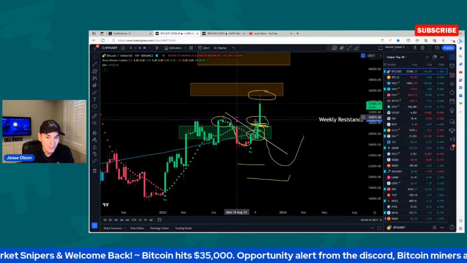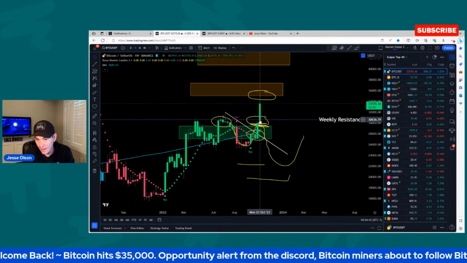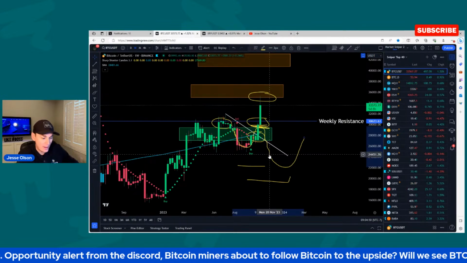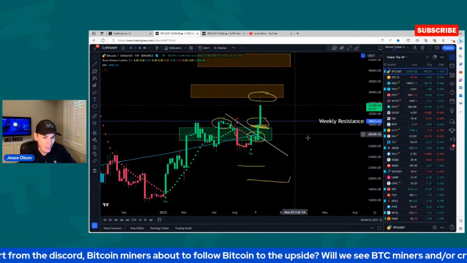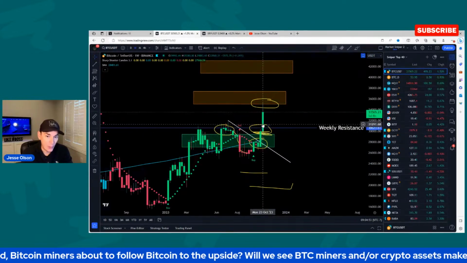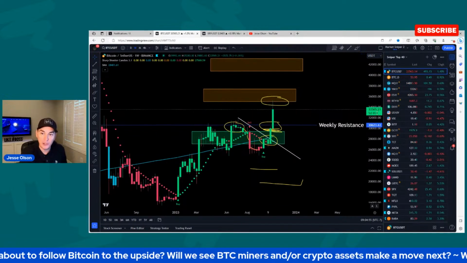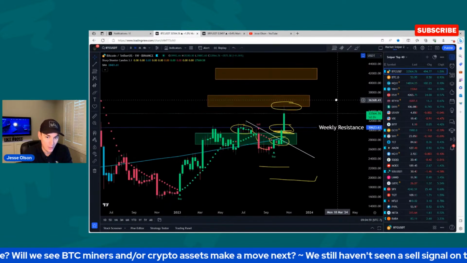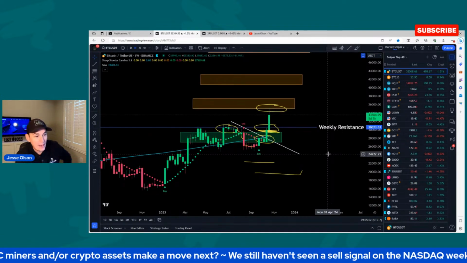And now if we get a weekly close back above the 30,600, that's when we're going to start thinking that this lower high wouldn't be put in, and that we would start moving to the upside and start changing our tune about Bitcoin possibly coming up and hitting more targets, right? So we're waiting and watching for that.